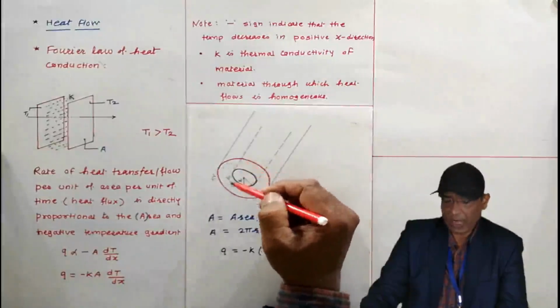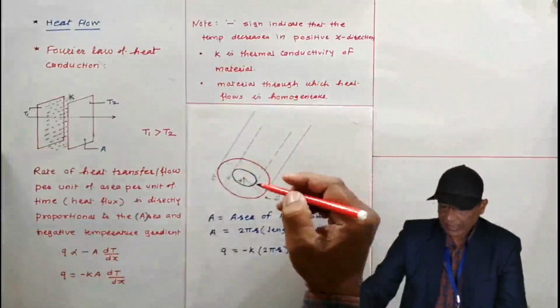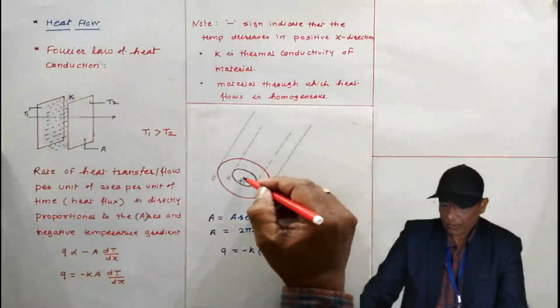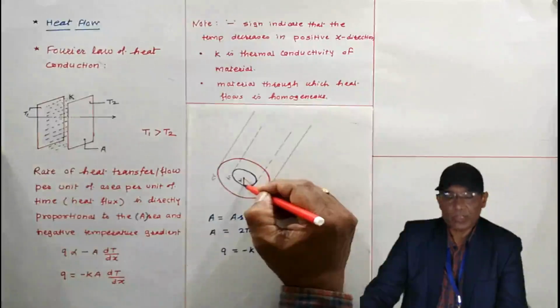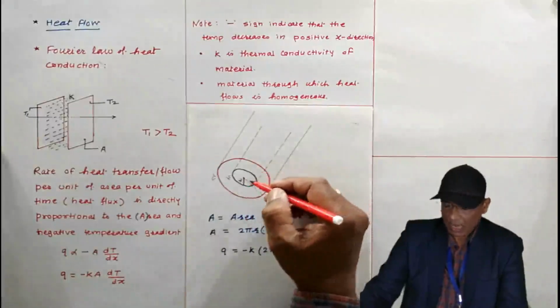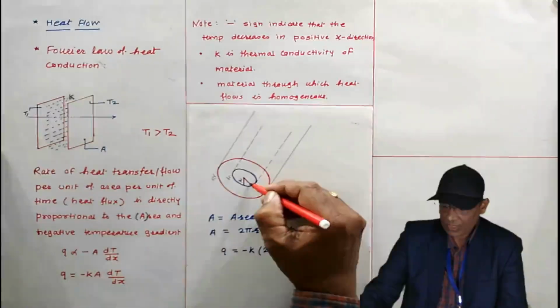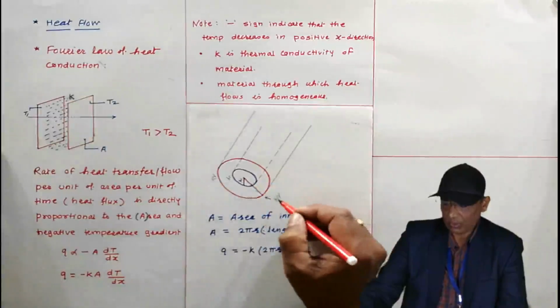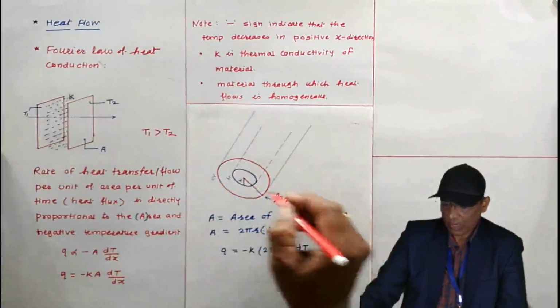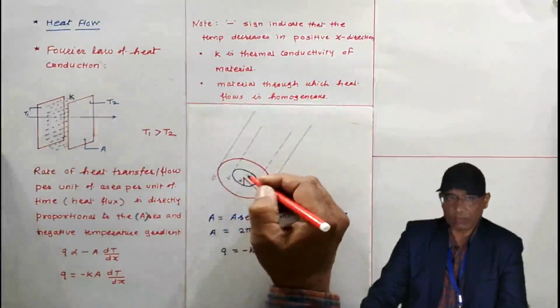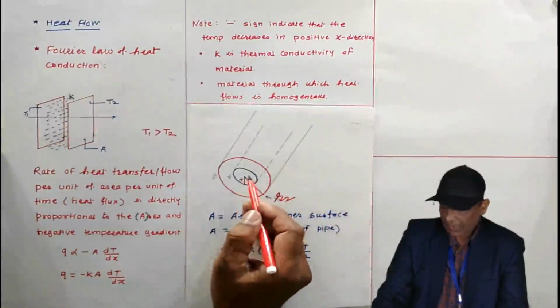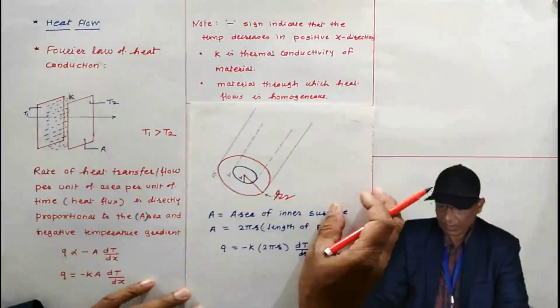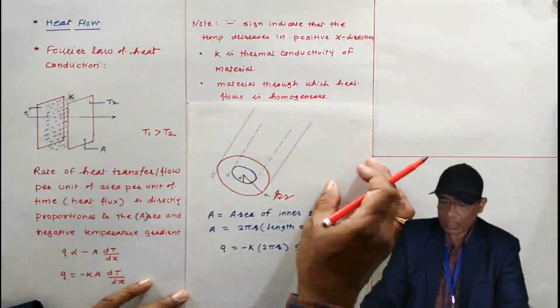The radius of the inner surface from the center of the pipe is R1 and the radius of the outer surface is R2. The temperature at the inner surface is T1 and the temperature at the outer surface is